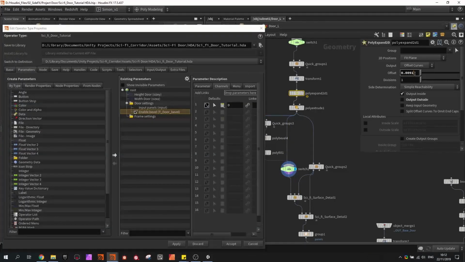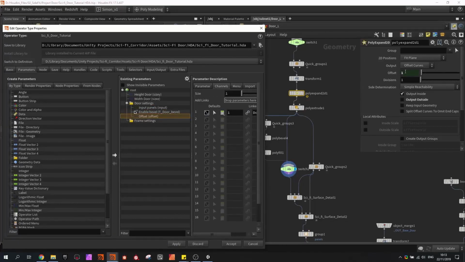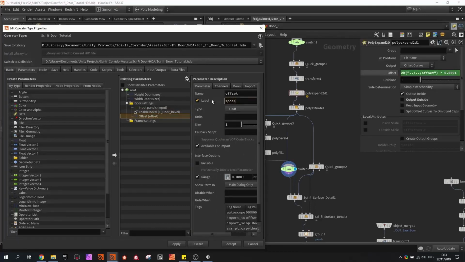So we want this value. So I will select this value. I'm going to press Control C, type in 1, drag this in here and press apply. Now you can see it's green and it has this automatically referenced. And then I want to multiply the value back that I just copied. So instead of working with small values, I multiply by this reference. And I'm going to rename this to space between